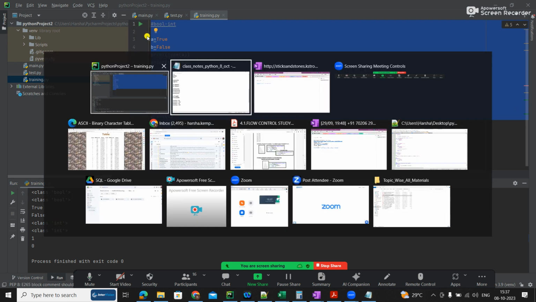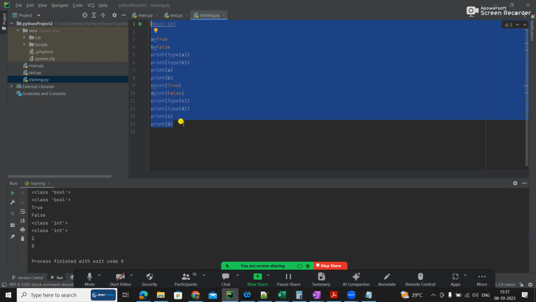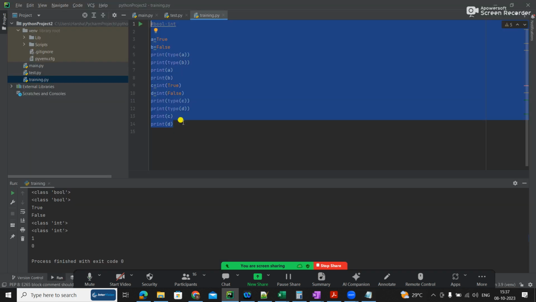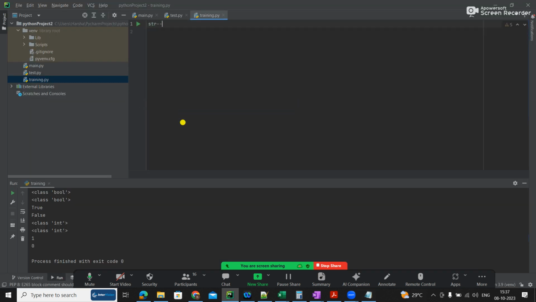Okay, so let us save here. See, some people might also ask this question. So just know this. Now, can I convert from string to integer? Is it possible? I have saved here. Okay. So can I do from string to integer? Is it possible? So why don't you try and tell me, can I convert from string to integer? So rather than me doing it, it's a simple thing.